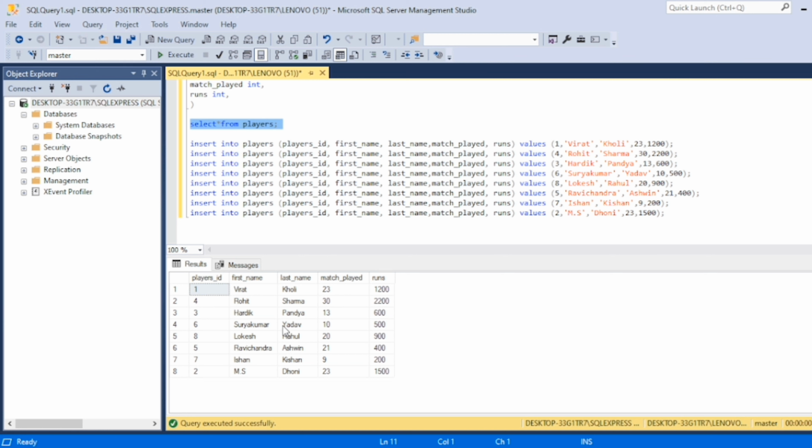And once it shows complete, we'll again run the command that is select star from players. Doing this will show the complete table and the data that has been inserted into this table. So you can see the player IDs are random, right? And this has been done intentionally. And in the upcoming videos, I'll tell you how to sort or arrange this table as per the player ID. Till then,